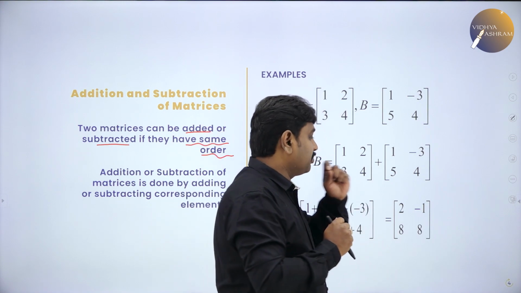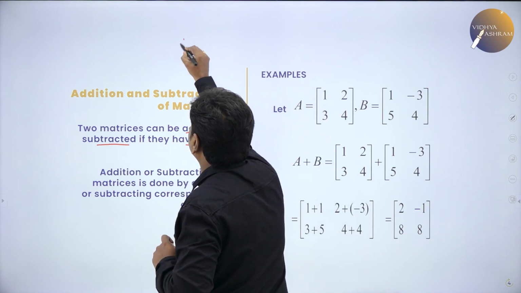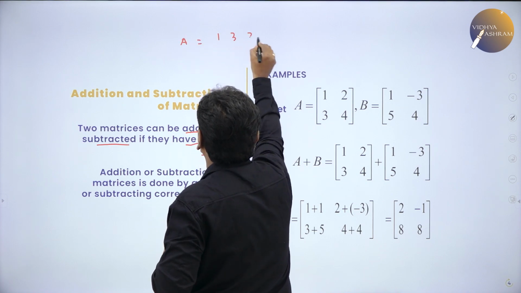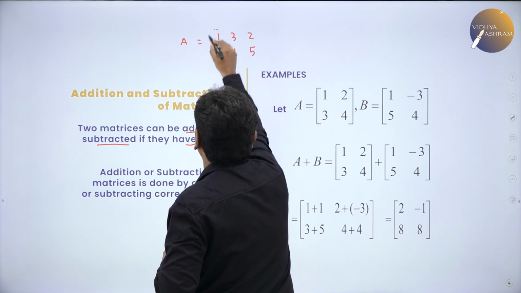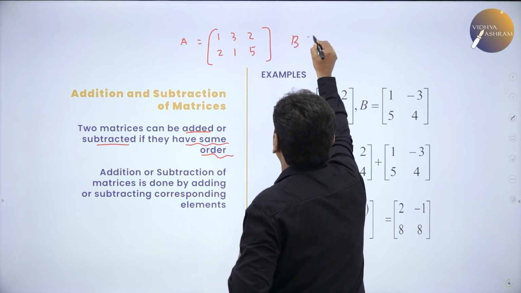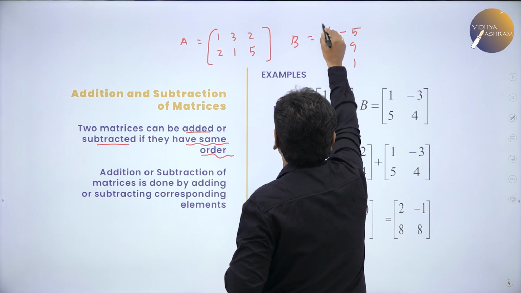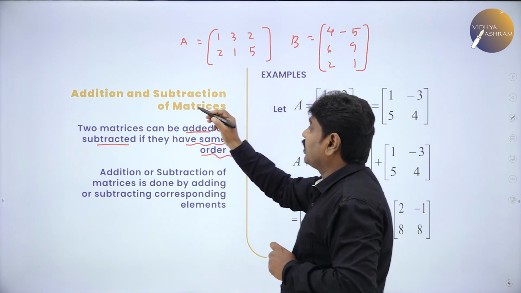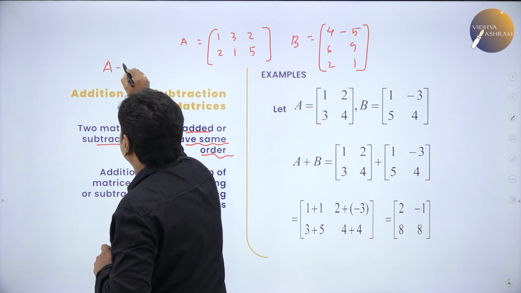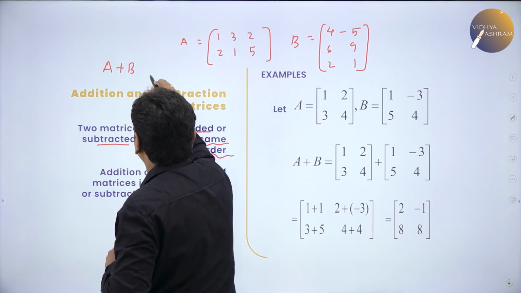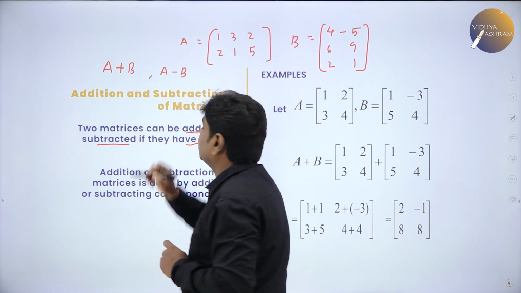So now for example, if I give you A is equal to 1 3 2 2 1 5, a matrix, and I'll give you one more matrix B, 4 minus 5 6 9 2 1. So you can see the order now. So if I ask you to find A plus B or A minus B,